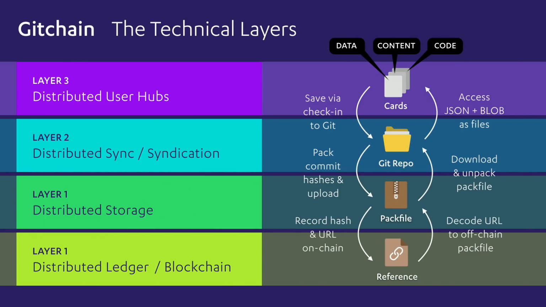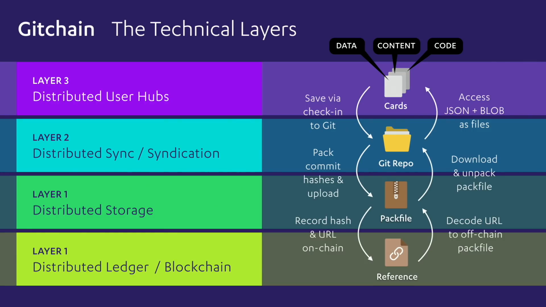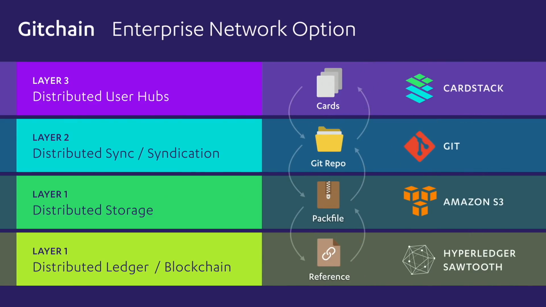And the idea here is that these cards can represent data, content, podcasts, and stuff like that, or they could represent code, or some logic, or some rules, or some actions. A lot of the work we've been doing in Cardstack is about building this layer 3, but we always knew that we have to go all the way down to layer 2, the sync infrastructure, layer 1 and layer 1. And that's why we're using Git as the underlying foundation. Because you can now use 4 technologies together to build something fairly sophisticated.